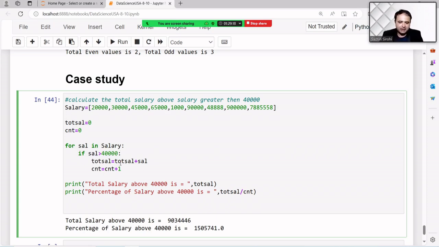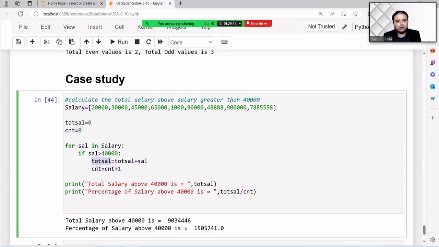Now total salary is 0 the first time. I want to store the calculated value into this variable. So total salary is 0 plus the salary fetched here; 0 plus this one is stored into this one the first time.